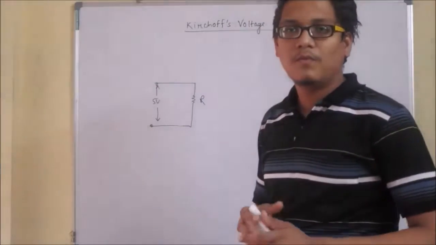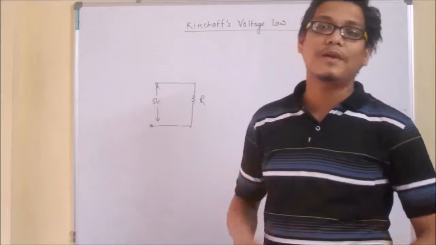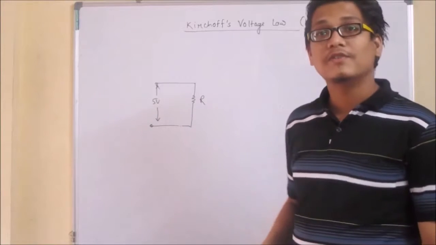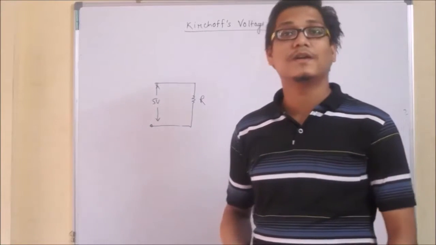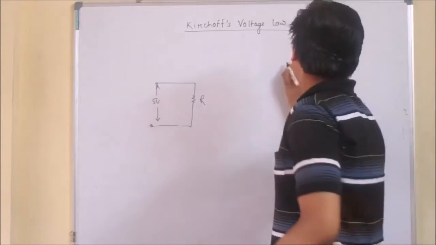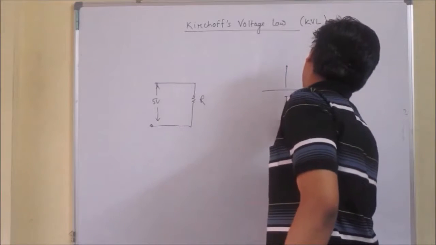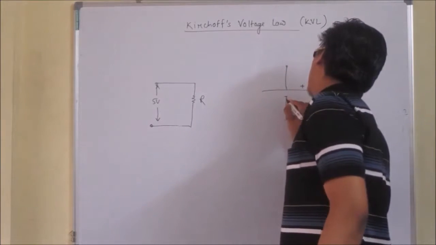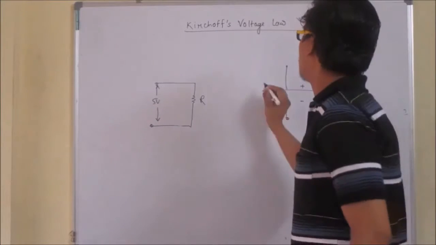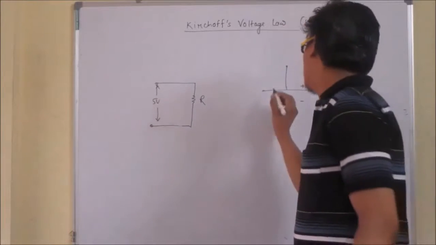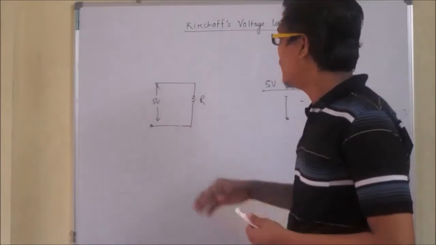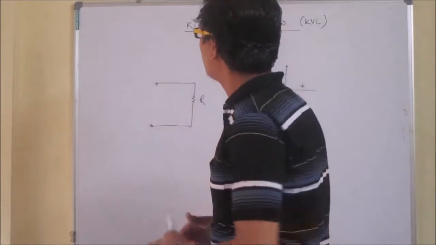Now, which are the devices which are used to apply potential difference? That is voltage. We can take the potential difference, that is voltage, from a battery source. We can take it from a power supply. For a battery source or a power supply, there is a symbol, that is this. For the positive terminal, a long leg is there, and for the negative terminal, a small leg is there. Suppose it is giving a voltage of 5 volts, therefore we will name it this way, or a power supply. So, we will attach a battery to this resistance